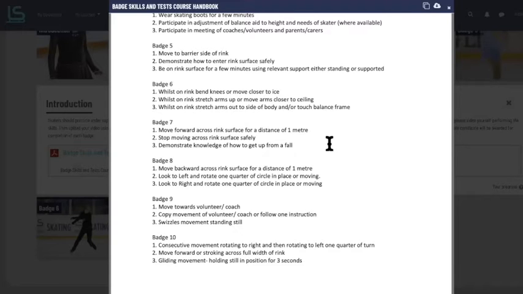Okay. And if they're, for example, like Lucy and Grant's in a wheelchair, you want them to be able to move across the rink surface for a distance of 1 metre. So it could be them being facilitated. There's no requirement that they've got to be able to skate at this stage. They've just got to be able to move. And that may actually be quite a challenge for someone at that stage, just allowing themselves to move across the